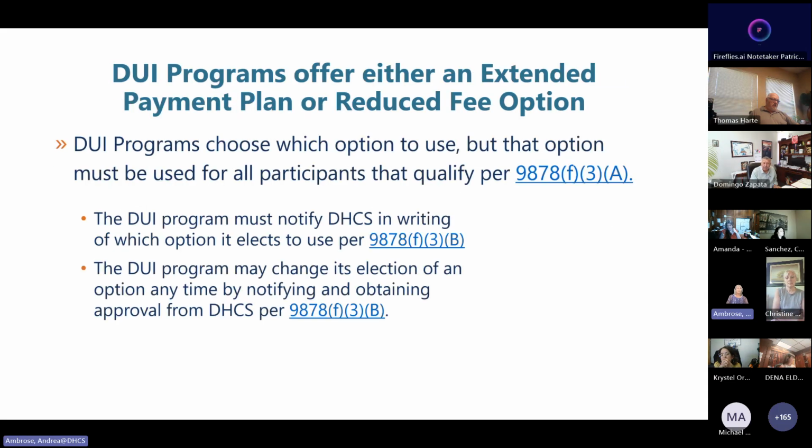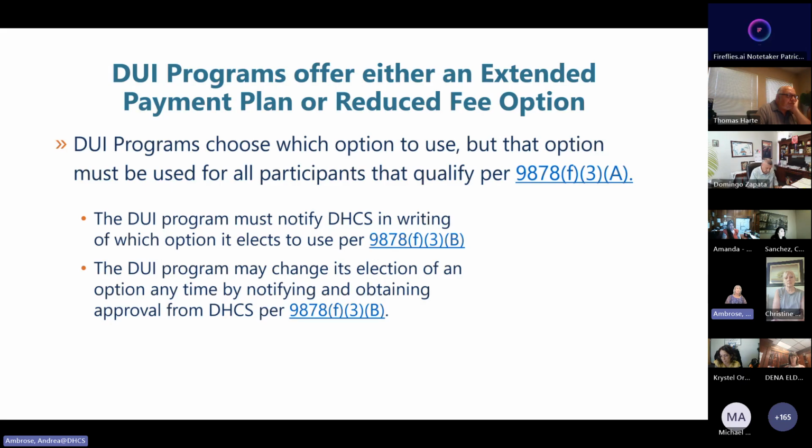So you as the provider get to choose which option you're going to offer to your participants, but whichever option you elect, that is the option that you'll use for all participants that qualify. So you tell us here at DHCS which of those options you'll be using, and you do that typically as part of your fee increase request packages.